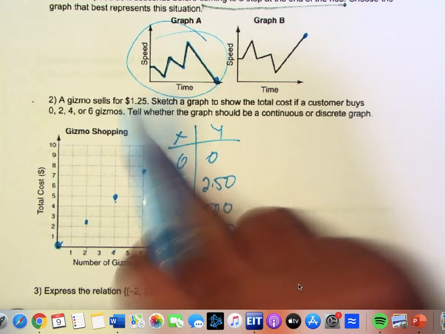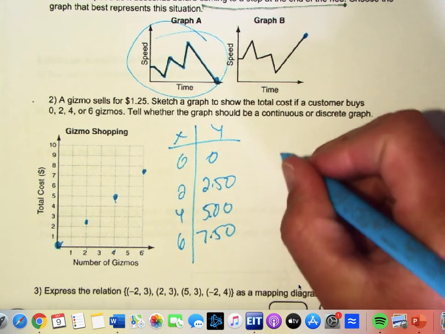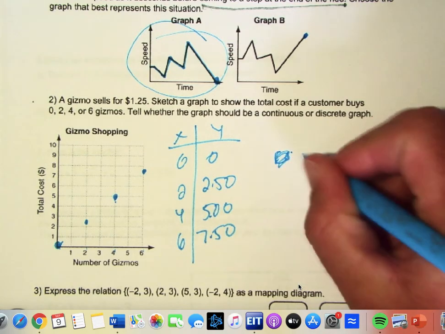All right. And it says, tell whether graphs should be continuous or discrete. Well, this should be discrete,